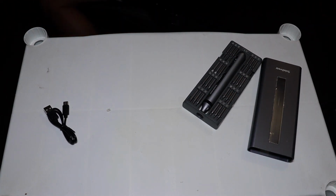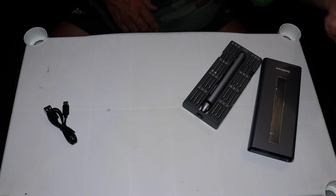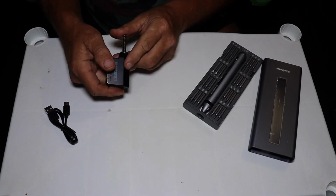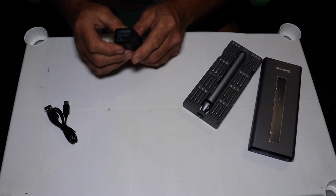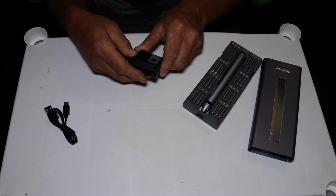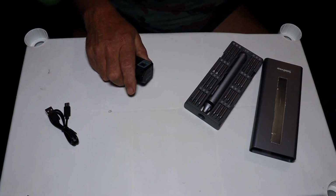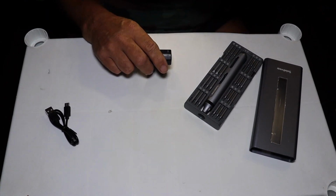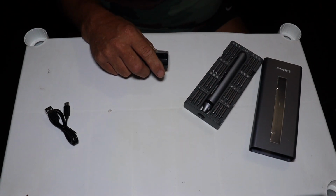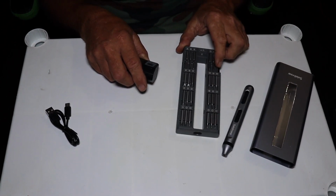Okay, so what else do we have that we could possibly take apart here? Screws are going to be hidden on. Oh, there is a screw here. Alright, what kind of screw tip do we have here? Oh, that's a weird Allen key type. Do we have one here that we...